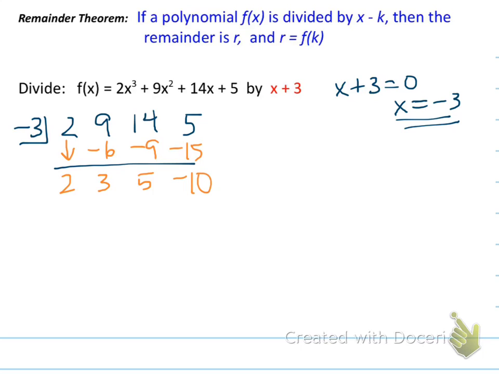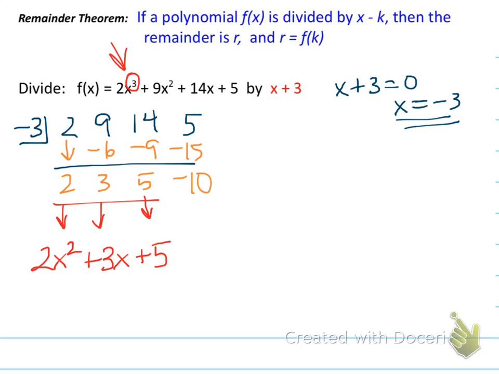So now, when we dealt with synthetic substitution, we were concerned with just that negative 10. But what you need to realize is that now what we have is the result of dividing that polynomial by a binomial. And so since we started with an x to the third, we're going to end up with a 2x squared. And these numbers that we're left with as a result of our synthetic division are the coefficients of what we call our depressed polynomial. So 2x squared, because it's one less exponent, plus 3x, plus 5, plus we have that